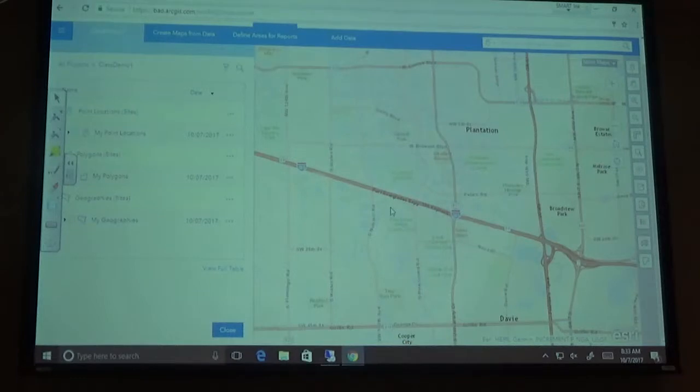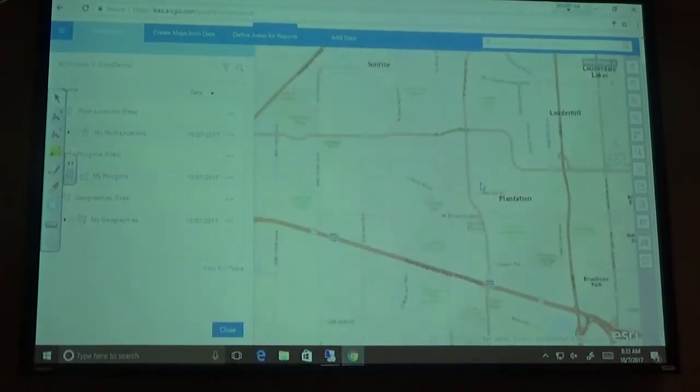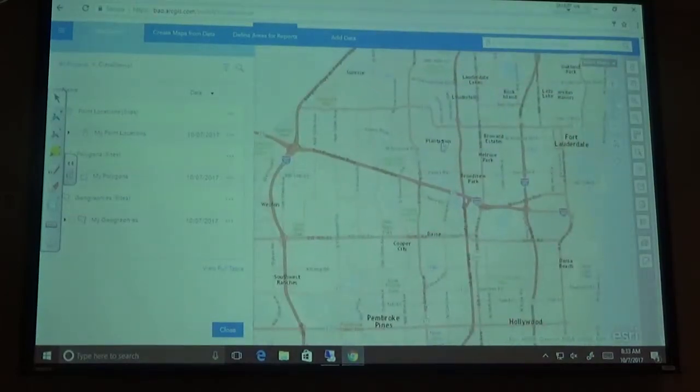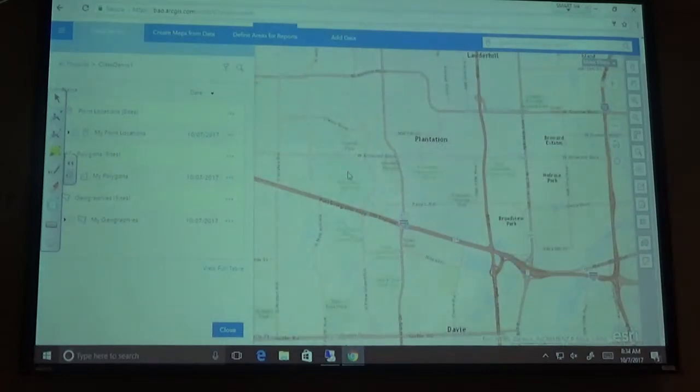If I would like to have a report later on, and we will go through a customized report template, I would like now to define areas for the report. Let's say I'm interested in material about the city of Plantation. But if you look at Plantation, if you have a little bit of local knowledge,